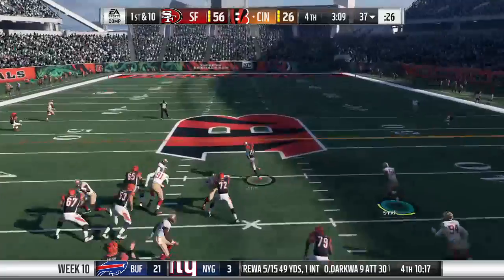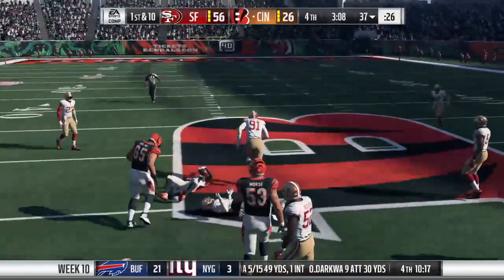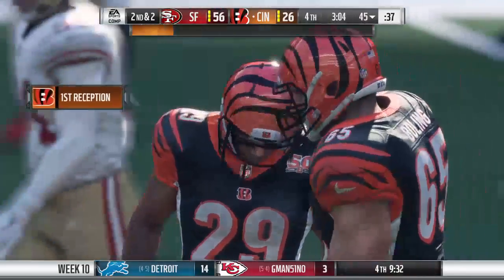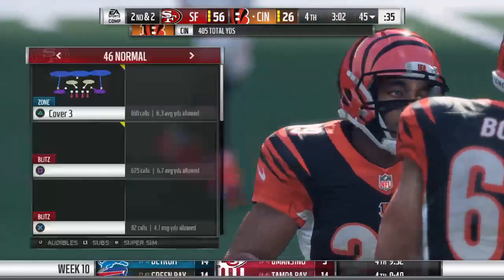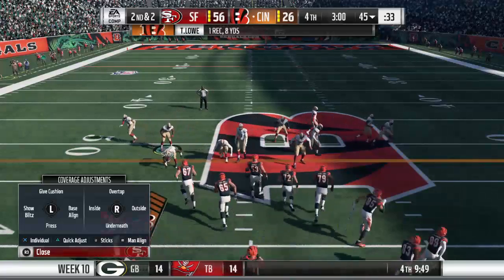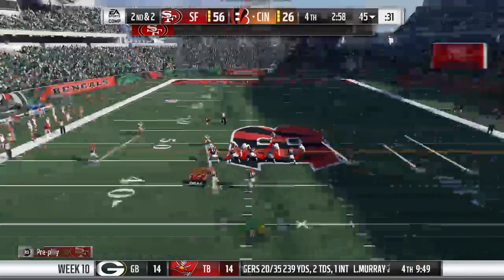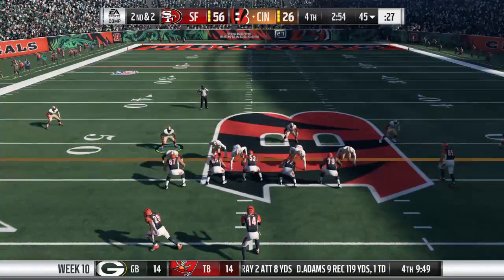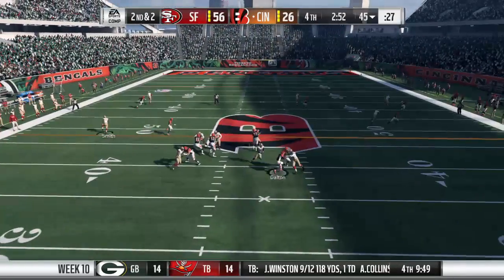On 1st down, Dalton finding his safety valve here. That's complete. And he'll be brought down right at the 45-yard line. They'll give him 8 on the play, and that'll make it 2nd down. He's got good size. We know he's tough to bring down running the ball. That also carries over to the passing game like we saw there. And at his size, how'd you like to try and stop him on the...